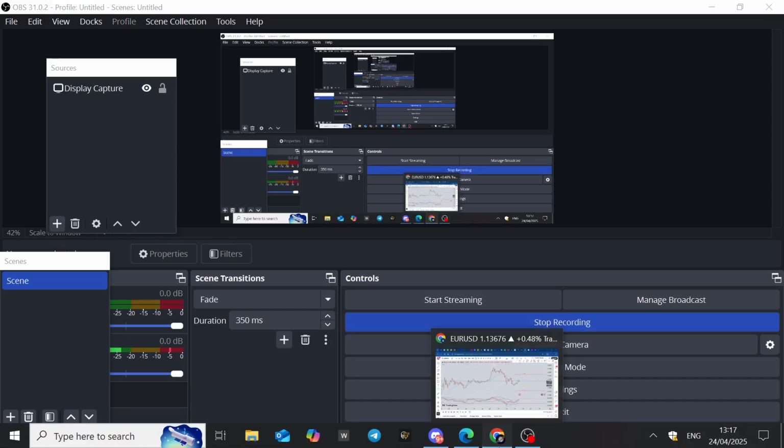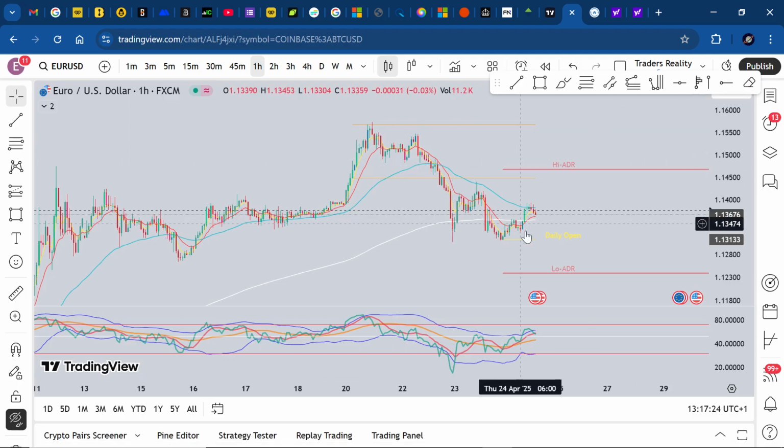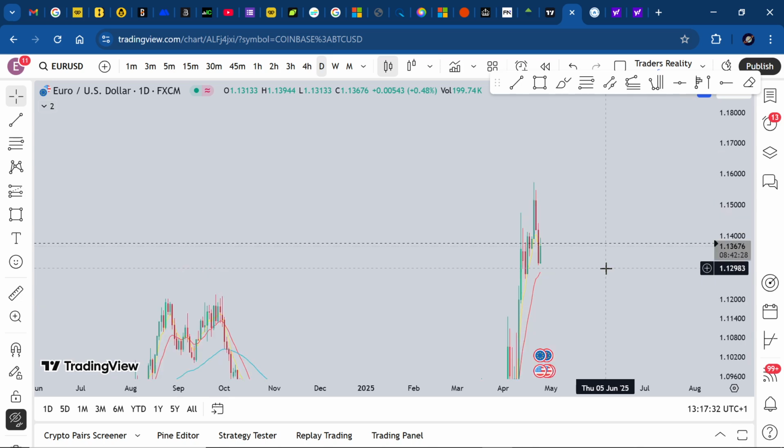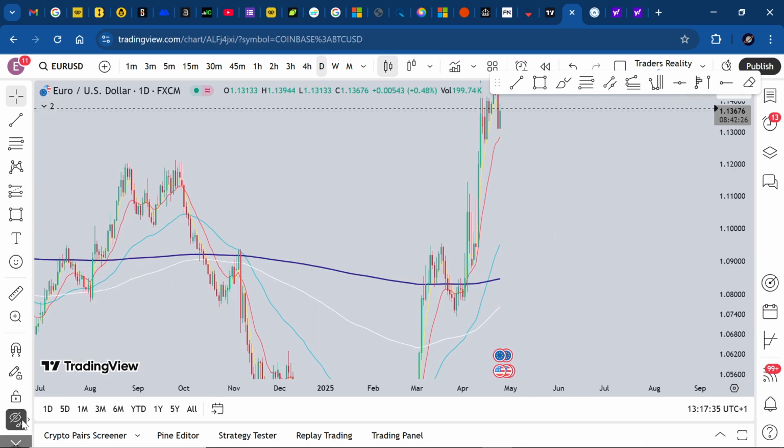Okay, I just did the Bitcoin update. This one is for the USD majors, the USD dollar pairs. We're on Euro USD, and we're just going to quickly look at the daily, okay? So on the daily time frame, you can see,